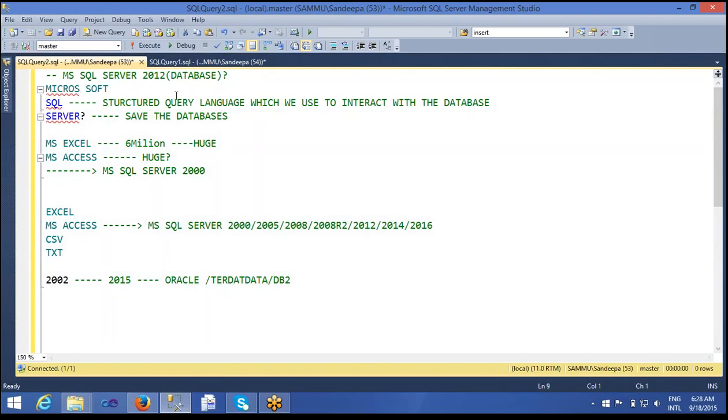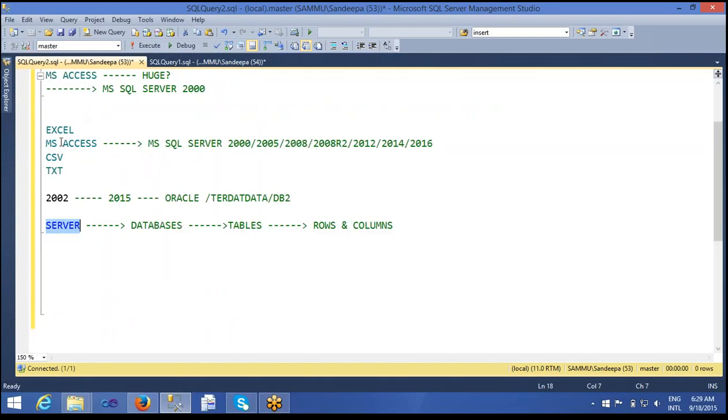Before starting, I want to give some introduction and tell you a story about that. SQL Server consists of: server, databases, tables, concept, rows, columns. So let me give you an overview of this. What is a server? A server is nothing but my workstation where we can save the data, a data repository where we can save it in one certain location. That is called my server.